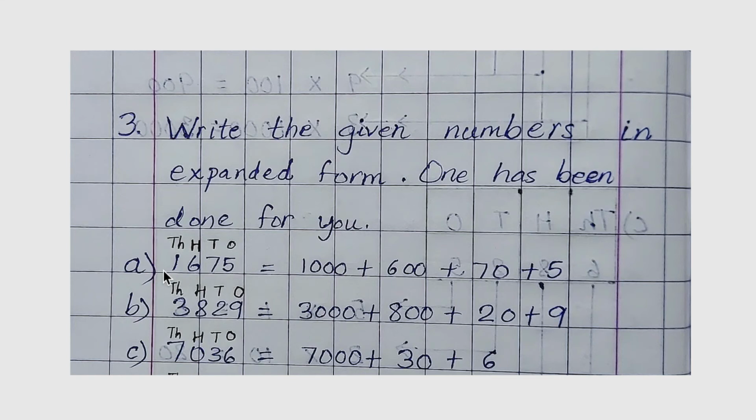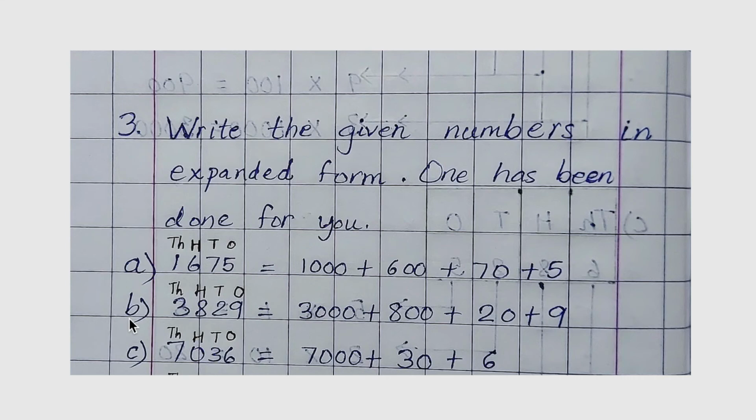So, starting from the highest place, the thousands place, the leftmost place, we begin writing our expanded form. So, over here we have digit 1 at thousands place. So, place value of digit 1 is 1000. Then, we have digit 6 at hundreds place. So, we have 600s over here. 6 multiplied by 100. That is equal to 600. So, this is the place value of digit 6. Then add, we have 7 tens over here. So, 70. And then add 5, since we have digit 5 at ones place.